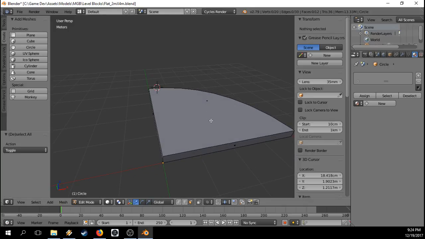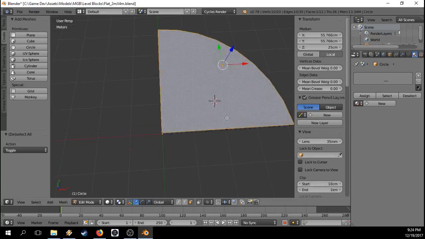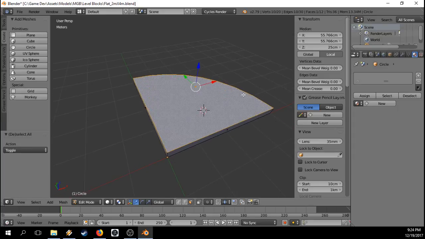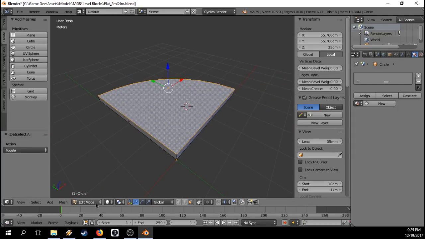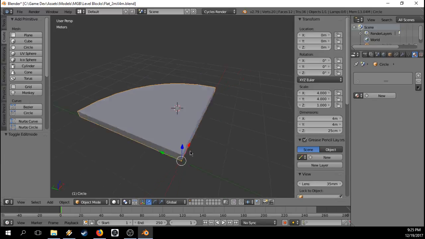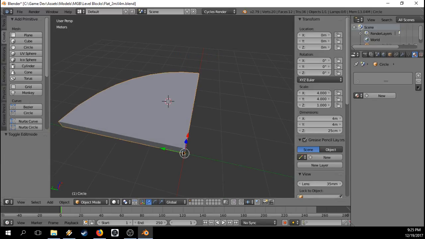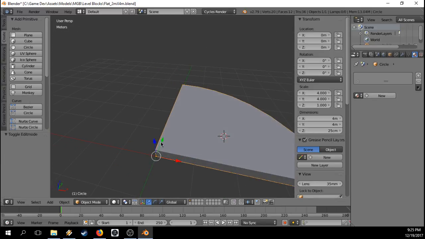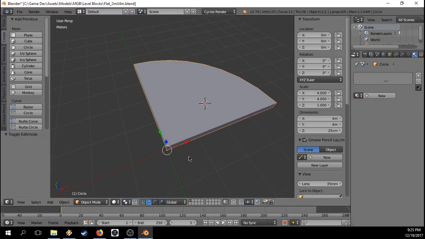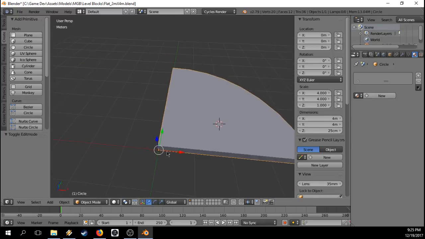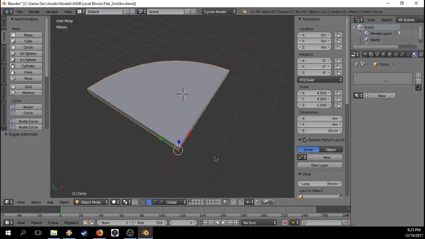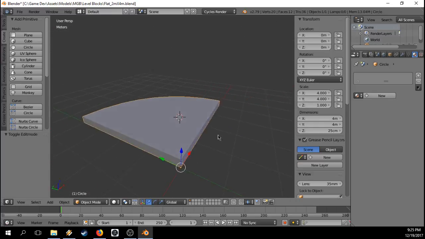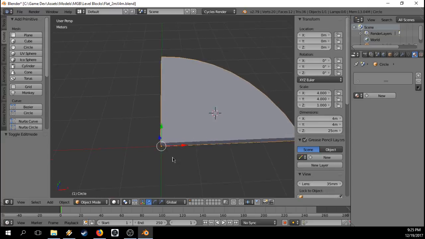Now, let's... You know what? Let's look pretty good. Our origin is at this corner. I think that sounds fine. That seems okay, I think. No. No, I don't want it to be there. So